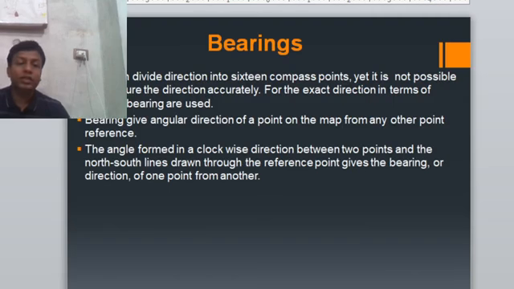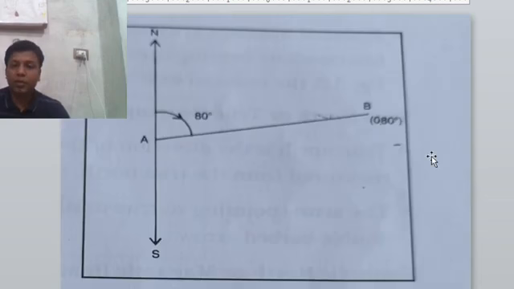So, dear students, look at this. Suppose this is your point of direction. You have to find out from A to B. What is the direction exactly? So 80 degrees. What? 80 degrees. From 80 degrees, this is all about 90, so this is the east direction. So what is this direction? Here is northeast, so northeast, east. This is the exact direction, and the degree is 80. Okay. So this is all about directions. I hope it is clear.